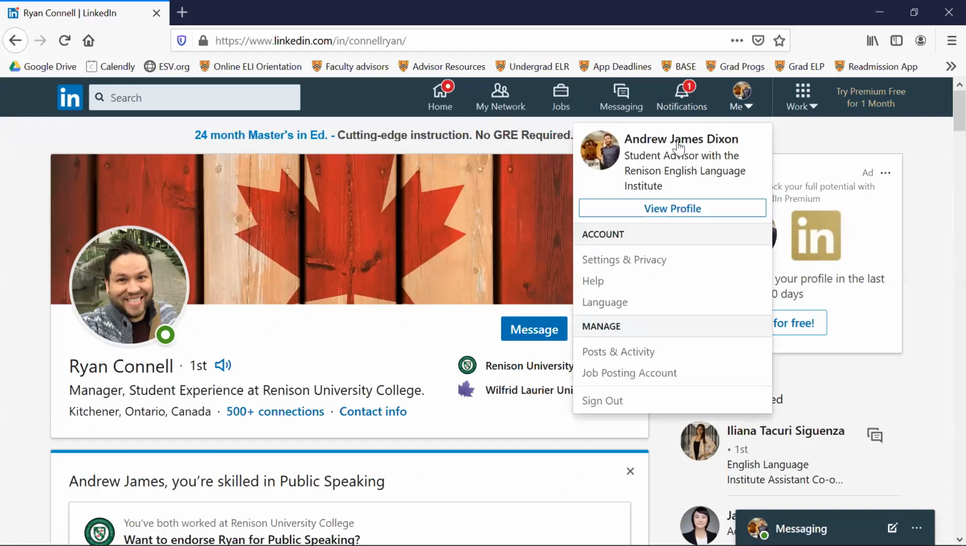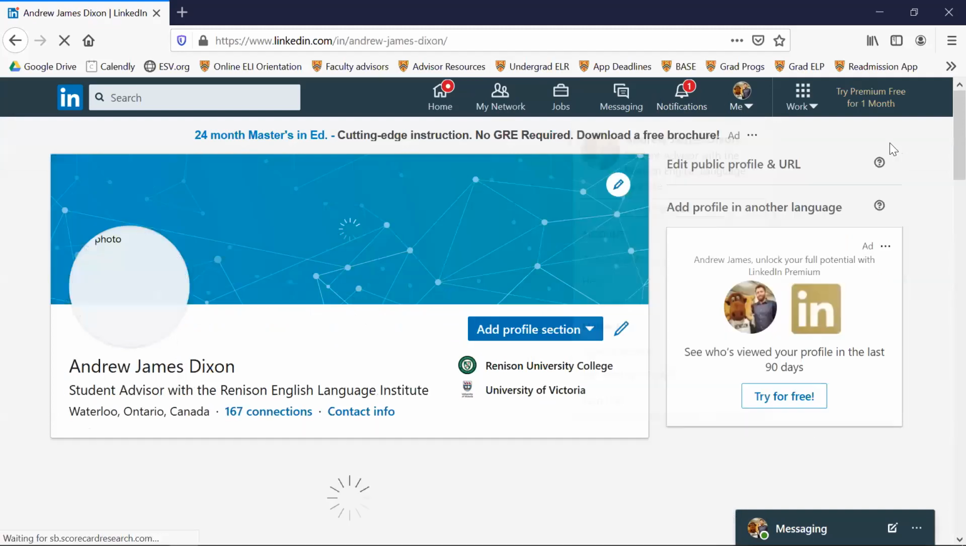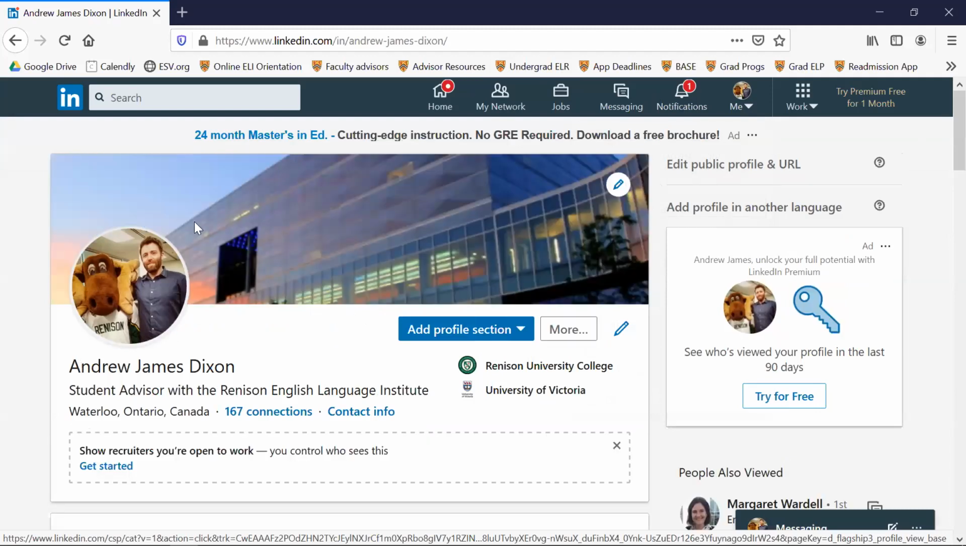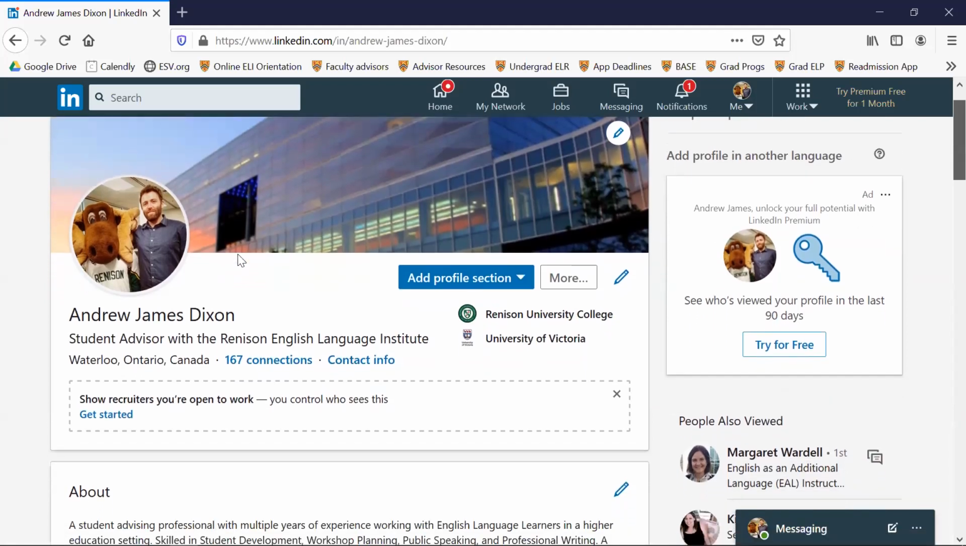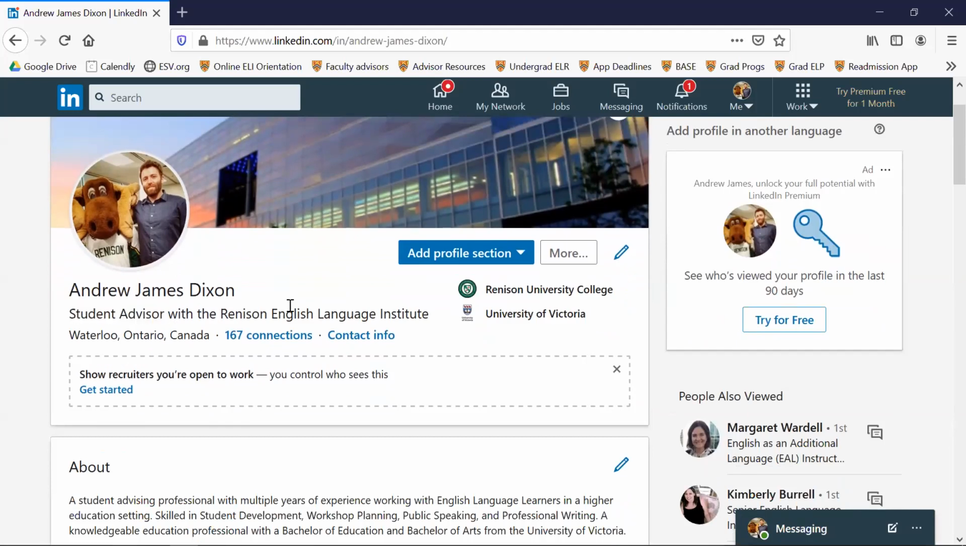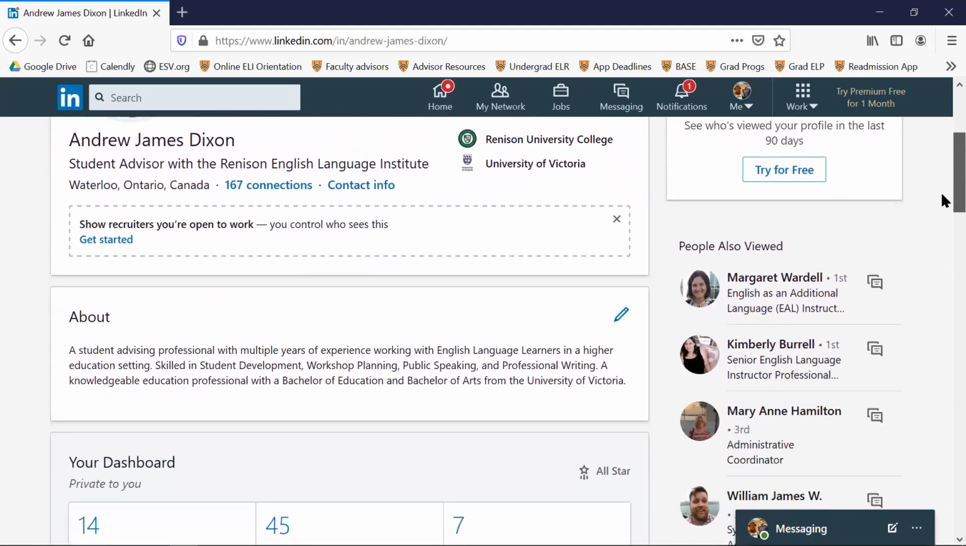So we'll go to mine too. See, it's not quite as good as Ryan's, but it's getting there. So you see I have my profile picture, but I am breaking a rule. That's the rule of don't be in a photo with someone else. I made an exception for Rennie Moose. Not only is he my friend, but also it shows that at Renison, we like to have a good time with our students. So I thought it was a good example of some of the things we do at Renison with student experience. So you see my headline, short and sweet, student advisor at the Renison English Language Institute, current location,